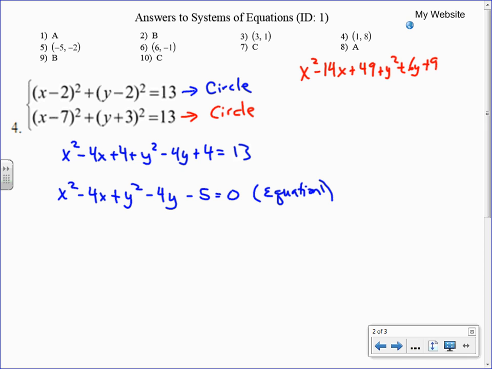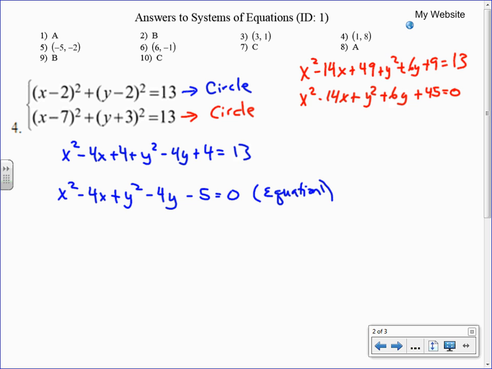Keep going. Equals 13. What about this? X squared minus 14x plus y squared plus 6y. 49 plus 9 is minus 13 plus 45